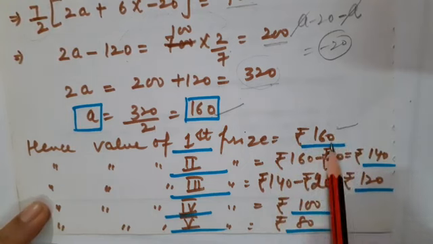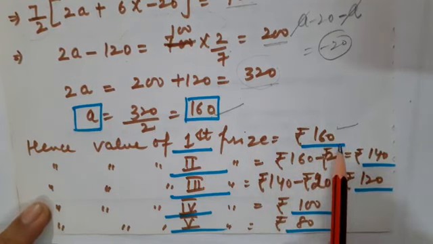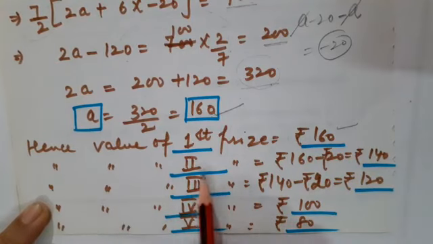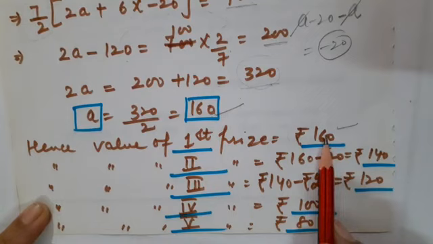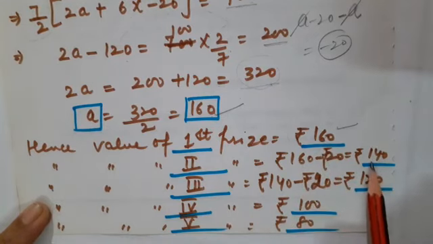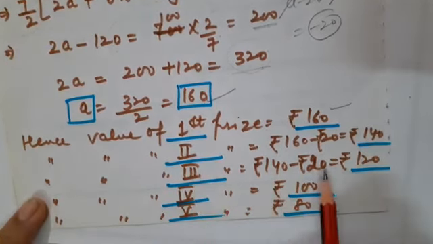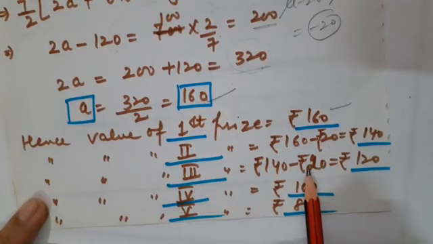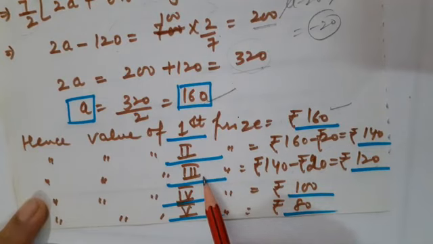Definitely the candidate whosoever is going to get the first prize will get the maximum amount. Correct? So let us talk about the second prize money. That was rupees 20 less than the preceding one. So I have to subtract 20 from 160. It would become rupees 140. In the same manner, again subtract 20 from its preceding prize, that is 140 minus 20. It would become rupees 120. This is the third prize.